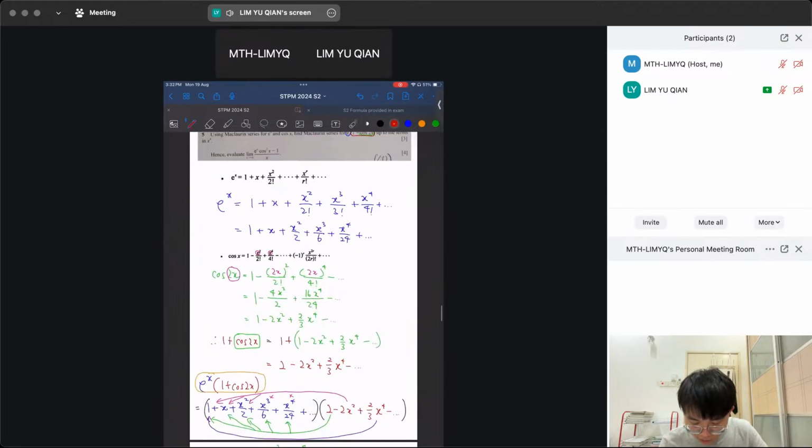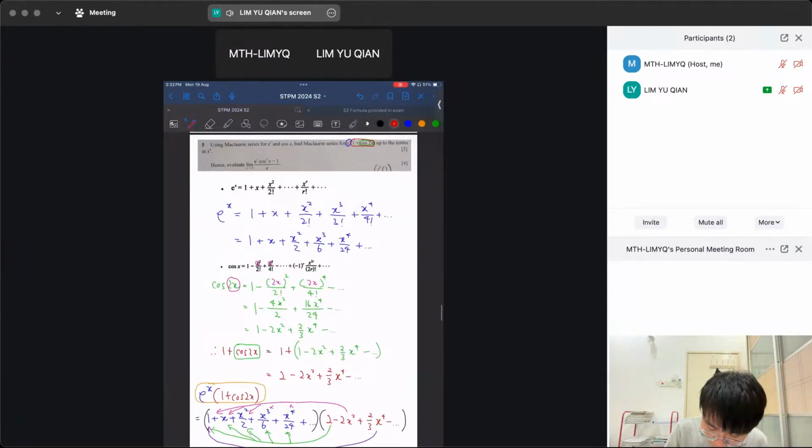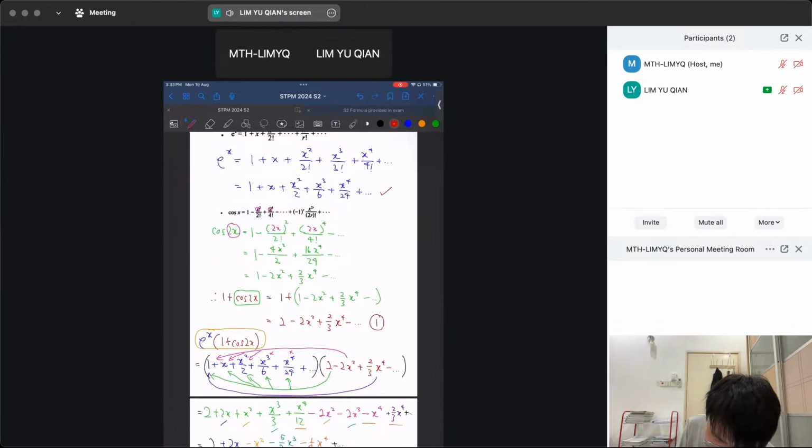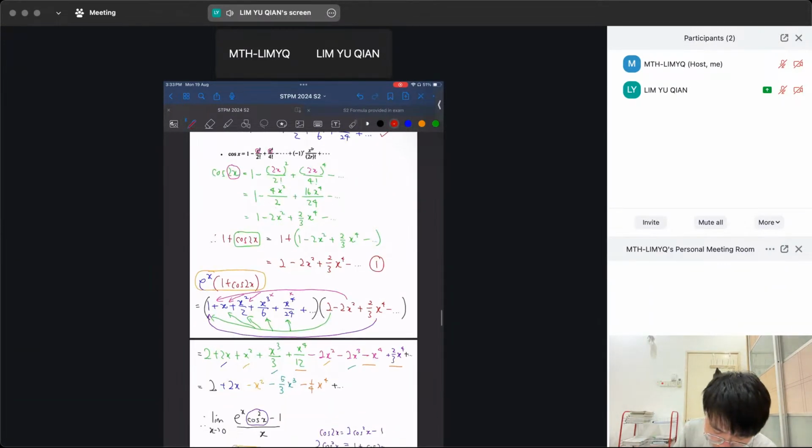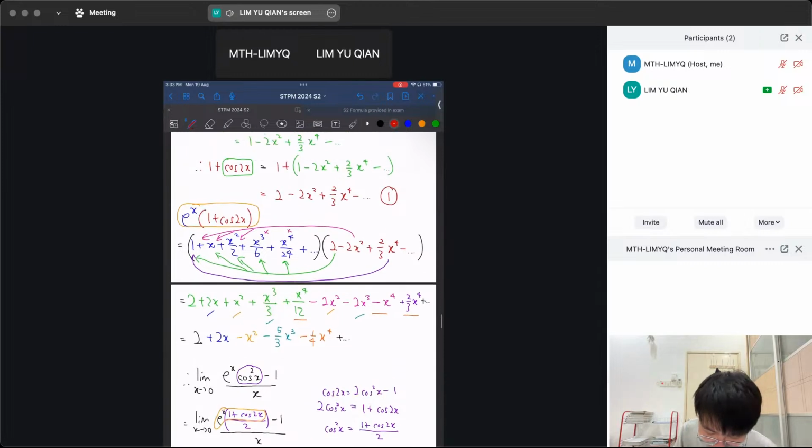Then for question 5, of course number 1, number 2, you can apply. I think number 1 doesn't even get a mark, because this one is just the formula only. Just copy the formula. So I think this one will have a mark. If you can find cos 2x and then plus 1 some more, there will be another mark. And if you know you need to multiply them, there will be another mark. And your final answer is another mark.